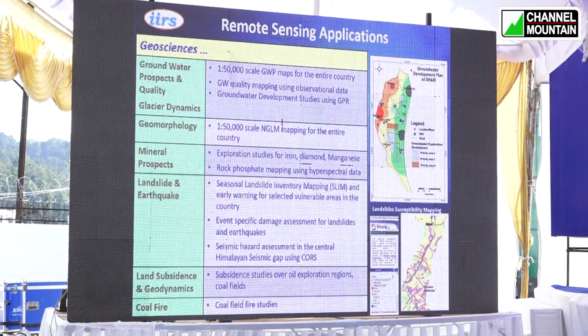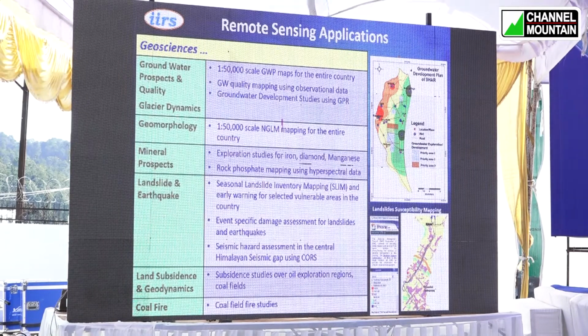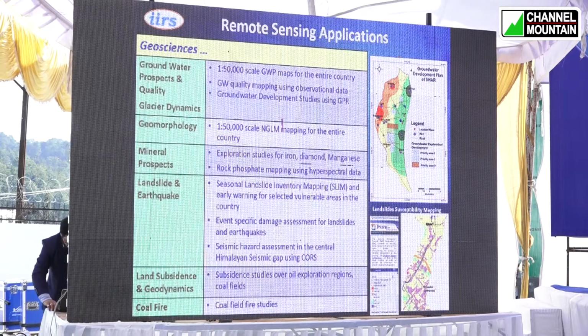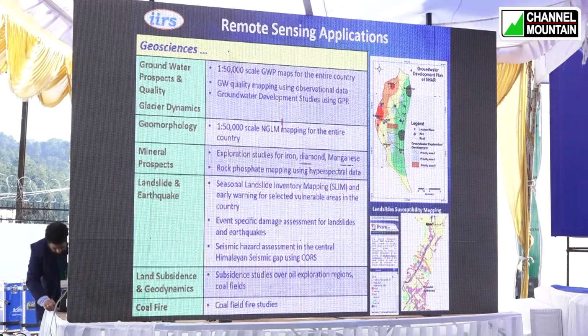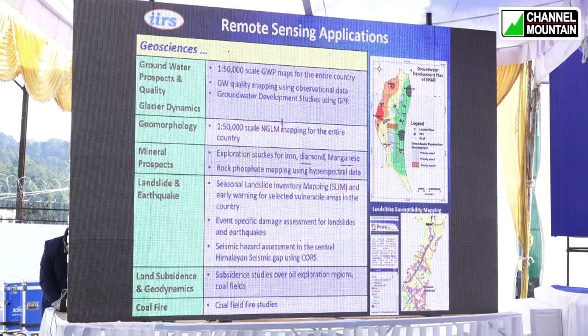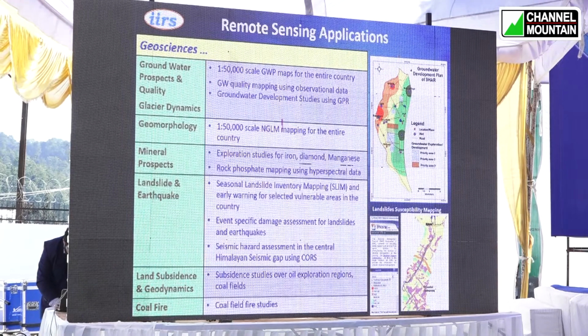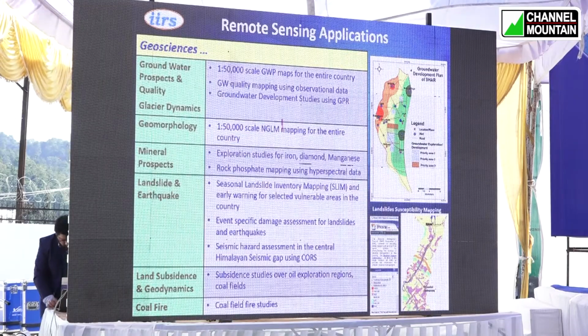So this was about the snow and glacier and the kind of water resource activities which one can think of doing with this data. Another important area for the Himalaya is geoscience, because you are sitting in a setting which is tectonically very active, and you also have to understand a large number of issues related to geology. Satellites also provide information for applications like groundwater prospects, morphology, mineral prospecting, landslides and earthquakes, and then land subsidence and geodynamics, which is very pertinent for this particular region. We have examples and studies for each of these application areas, but since time is short today, I will just dwell on one or two aspects.